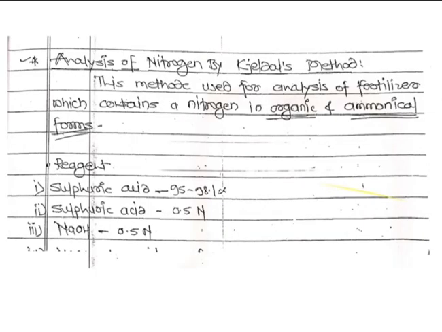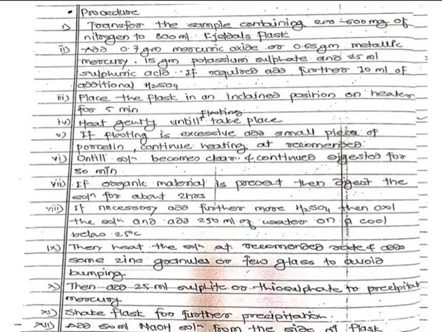So we will see the procedure again. Initially we have to take around 200 to 600 milligram of the nitrogen fertilizer in a Kjeldahl flask. Then add 0.7 gram of mercuric oxide or 0.65 gram of metallic mercury. Then add 15 gram of potassium sulfate and 25 ml of sulfuric acid. If needed, extra addition of around 10 ml. Then keep the flask in an inclined position on a heater for 5 minutes. Heat gently, if bumping is there,